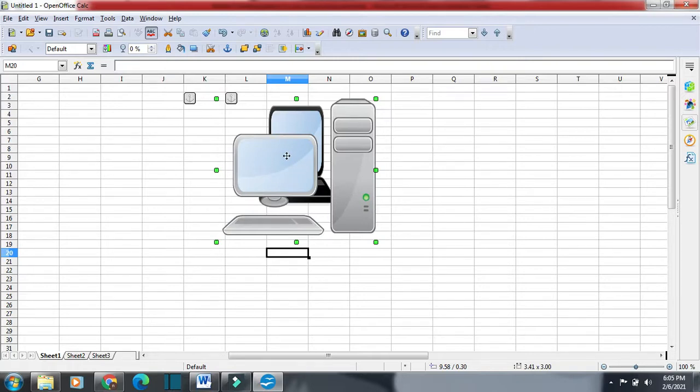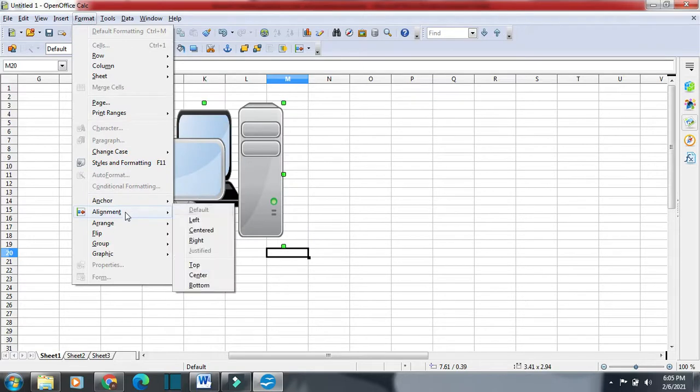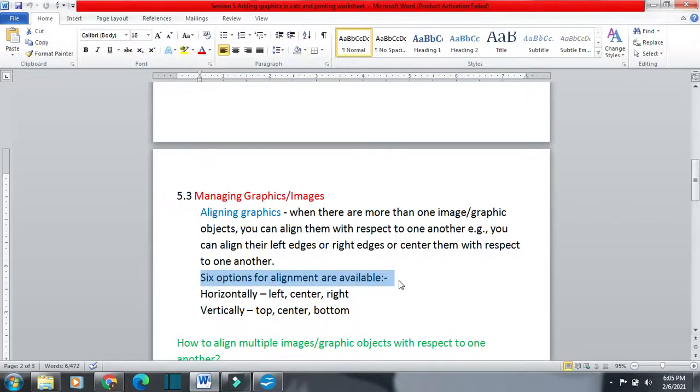It is either in the center of this image, or at the top of this image. One more thing we can do, again alignment, and then we can go to right also. Now it is aligned to the right of this image. So this way we can align one image with respect to another image.